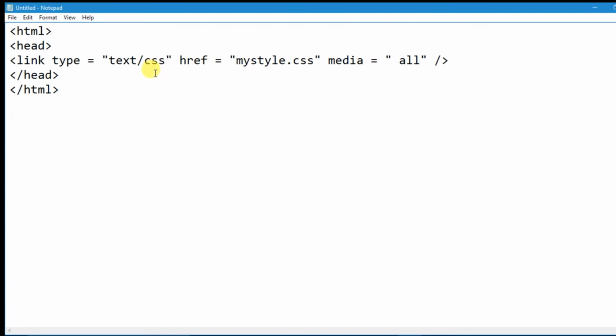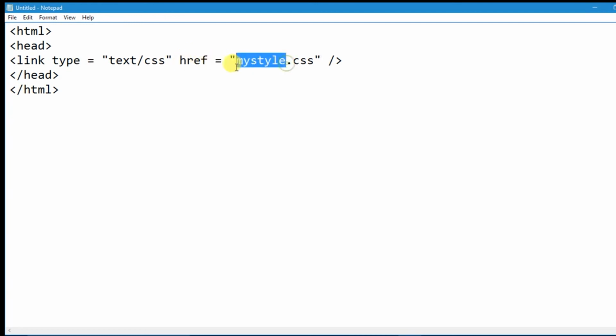The link tag is having type attribute, href attribute and media attribute. Media is not a compulsory attribute, but if you want to add the CSS file with HTML, then we should pass the type and href attribute. Now href is equals to,